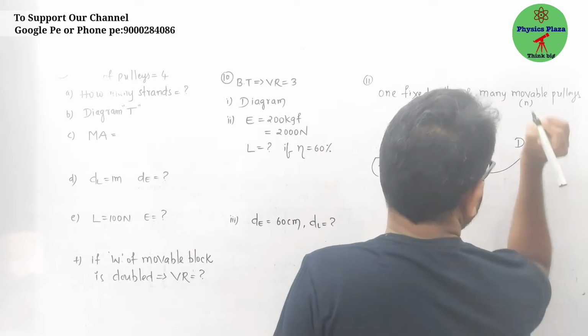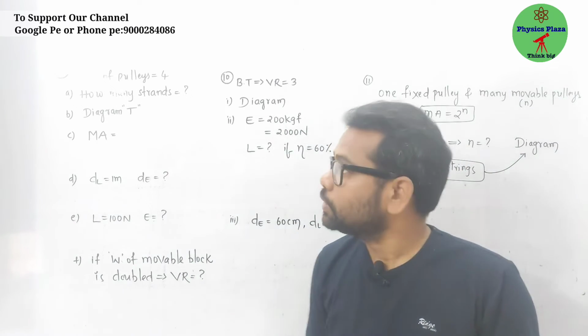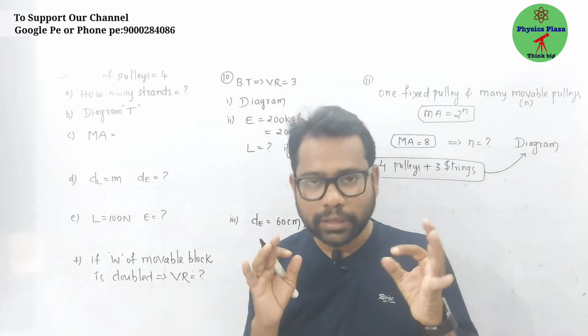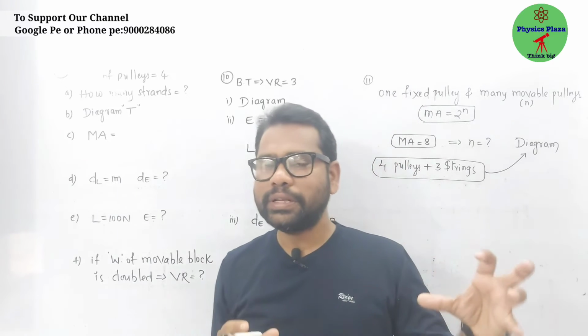Pulleys, 3 strings are given. They are asking us to make a diagram. Okay, so come to numerical 9, children. As per the question, it is given that in a block and tackle system, the number of pulleys is 4. They are asking how many strands